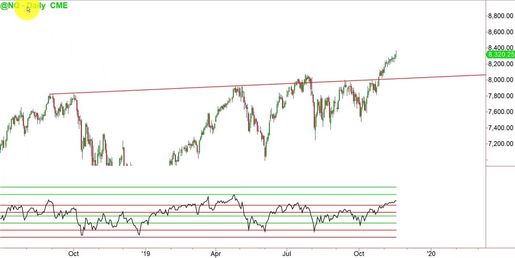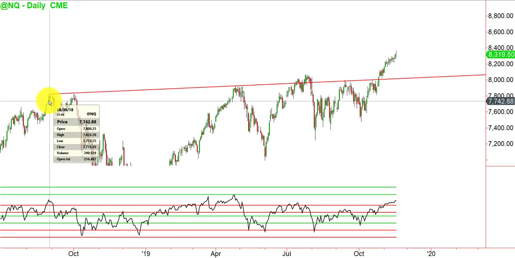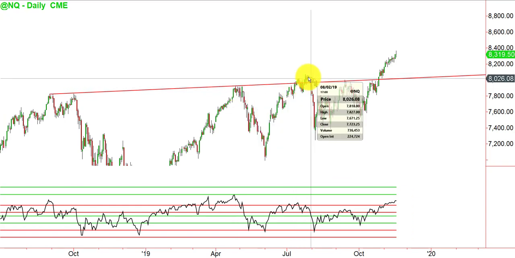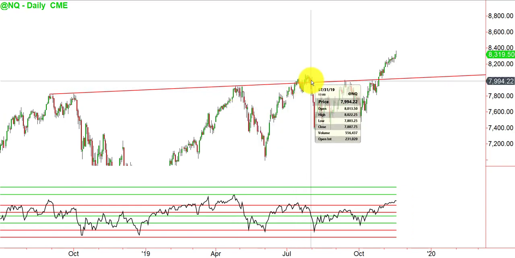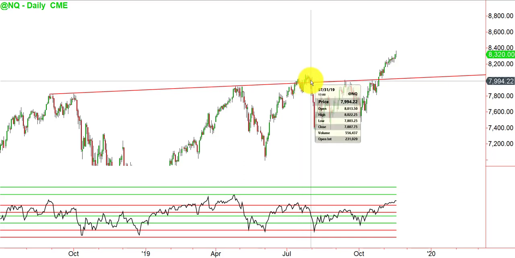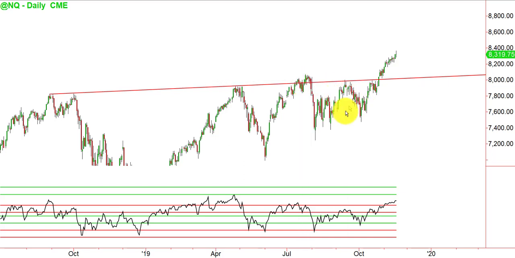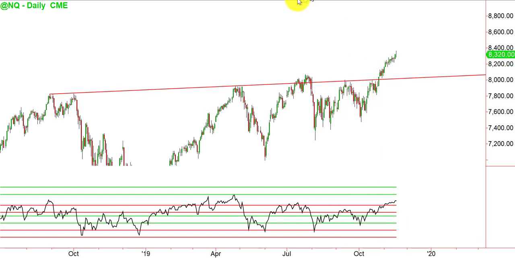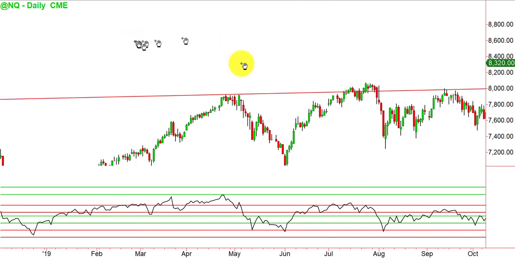All right, so here's the daily chart of NASDAQ futures. And that same trend line from the weekly recreated. You can see the representation of this summer attempt to get above the trend line, but not really making a big move above it. Test in September, and then the most recent break above. So if we zoom in to the more recent price action,